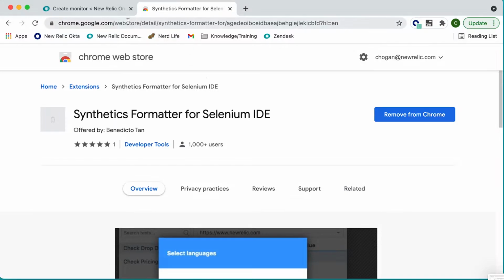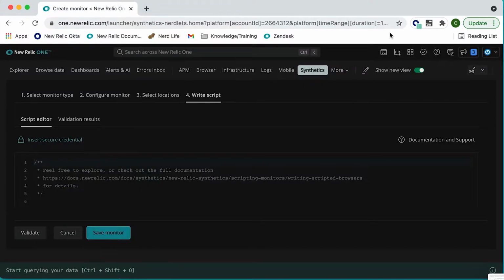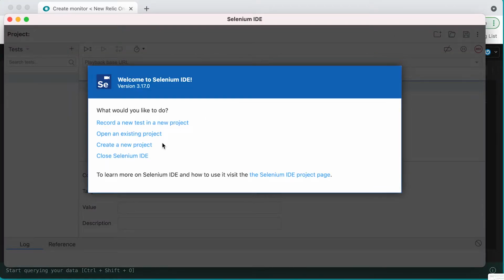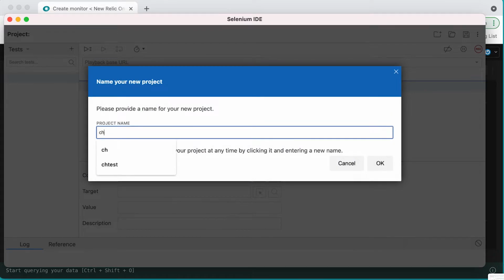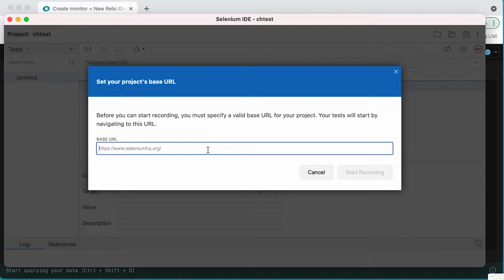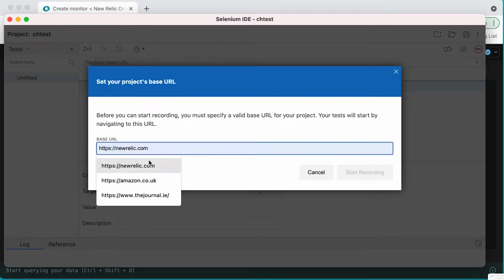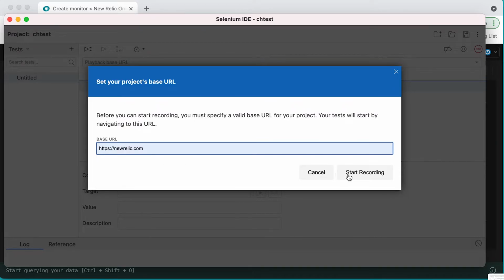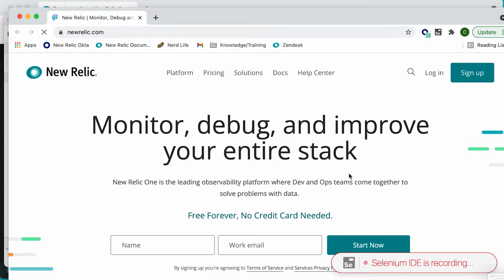So once you have these added, we can then click on the Selenium logo up here. Record new test. And here's where we put in the URL of what we want to browse. So we'll go to New Relic. When we hit start recording, it will open up a new browser for us, and then we can start navigating.